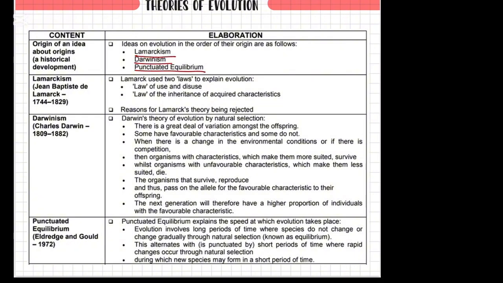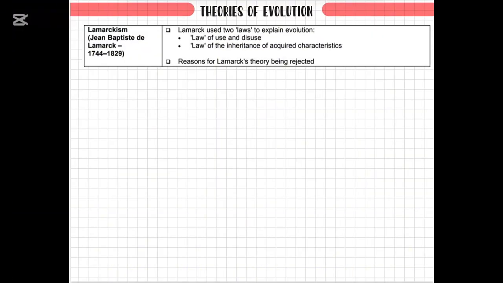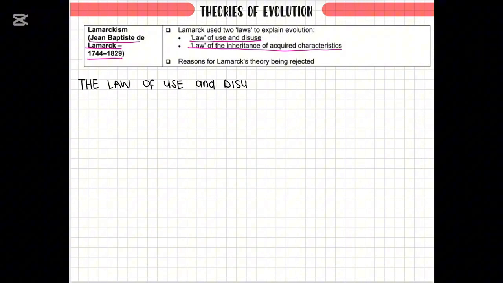This is a screenshot from the examination guidelines, which will help us to know what we need to focus on. So we're going to start with Lamarckism. Lamarckism is a theory by Jean-Baptiste de Lamarck, who was born in 1744 and died in 1829. He uses the law of use and disuse, as well as the law of inheritance of acquired characteristics, to explain evolution. So with the law of use and disuse, we look at these two terms, use as well as